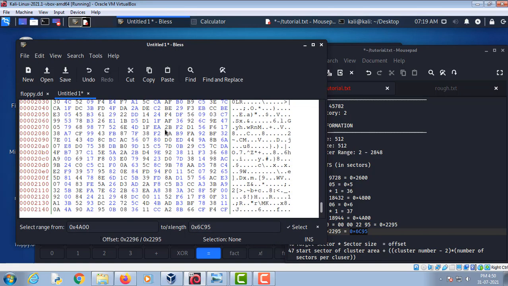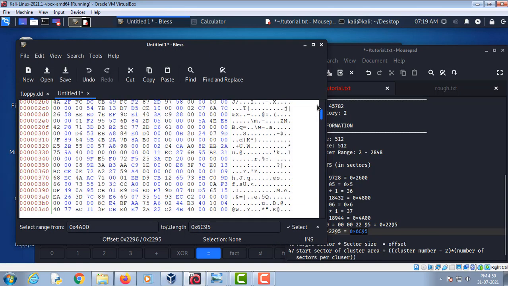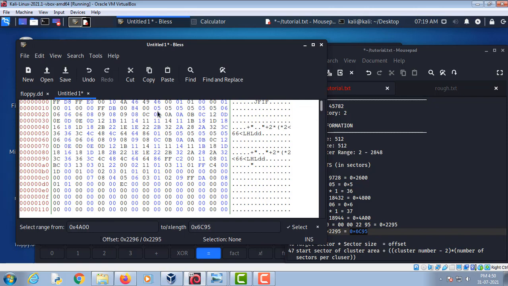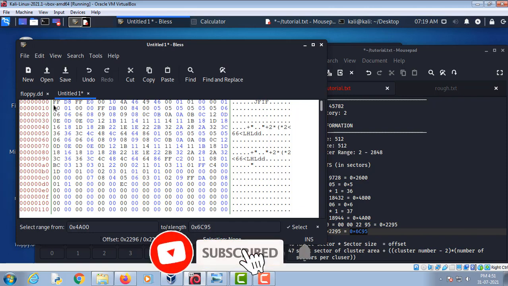Now we will have to find out what type of file it is, since it is a jpg file. But if you don't know what type of file it is, we can search its initial bytes to find this. Search its file signature.